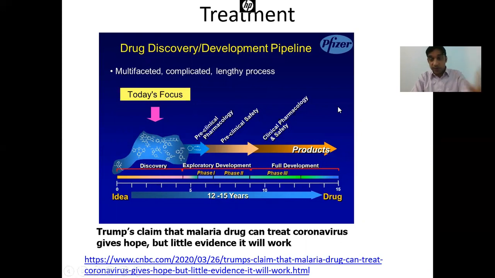So what are the treatment options we have? This is the first part of the lecture. You can take a break, and after that I will talk about what treatment options we have to deal with the coronavirus. Okay, this is the first part. Let's take a break.